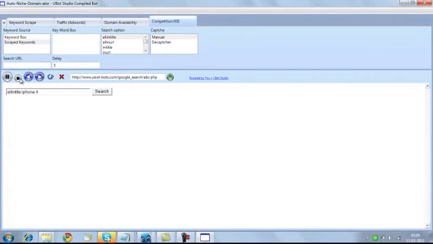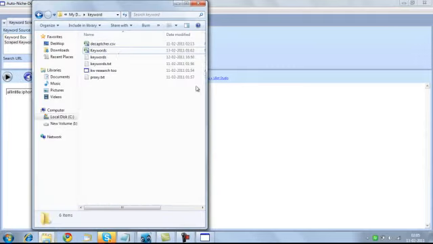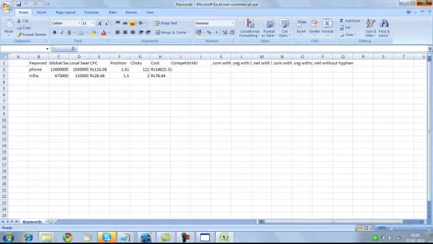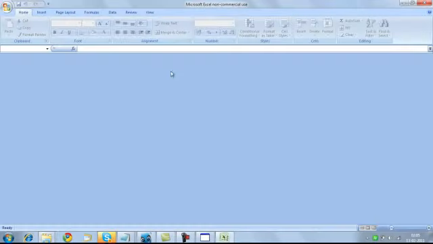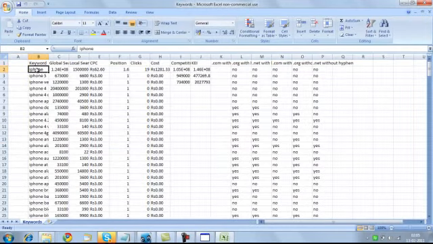So I'll just stop the program here, and I'll show you what's there in the keyword file. The keyword file should now contain the competition as well as keyword effectiveness indexes. Yes, so you can see that this is the keyword, this is the global search volume, this is the local search volume, this is CPC, this is position, this is clicks, cost, competition, keyword effectiveness index, and these are the domains available. It is just putting yes or no whether or not the domain is available.